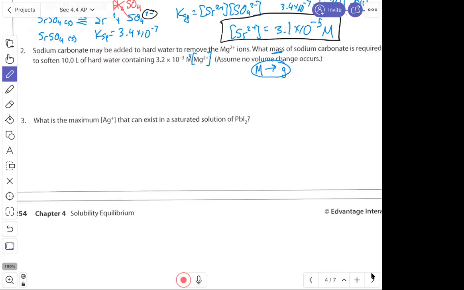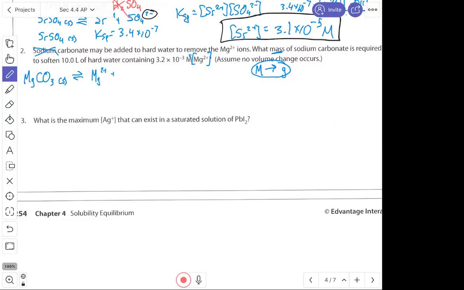So if I'm adding sodium carbonate, which of those things do I get to ignore? Sodium. I always get to ignore the sodium because it's always a spectator. So that means my solid that's going to be formed is what? Magnesium carbonate. And what's that formula? MgCO3. So my equation there,